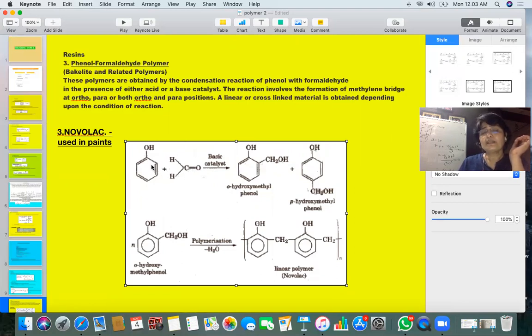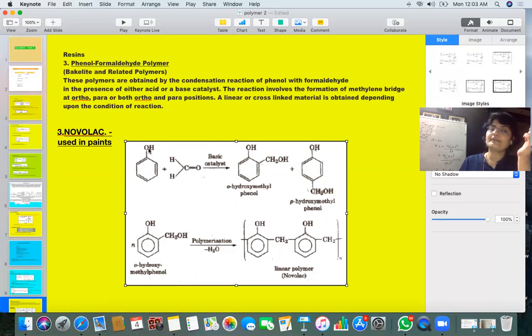First of all, at this ortho place, H is going to be replaced, and the C is going to combine. So we are having CH2OH. When the catalyst is used, the H here and the H there go and join this O, the pi bond shifts toward O, and C acts like an electrophile. This C will join this carbon, and its H that comes out will combine with O. So we are having ortho hydroxymethyl phenol.